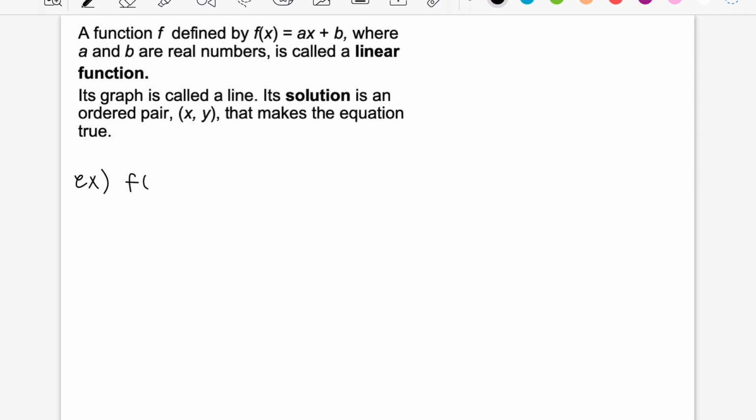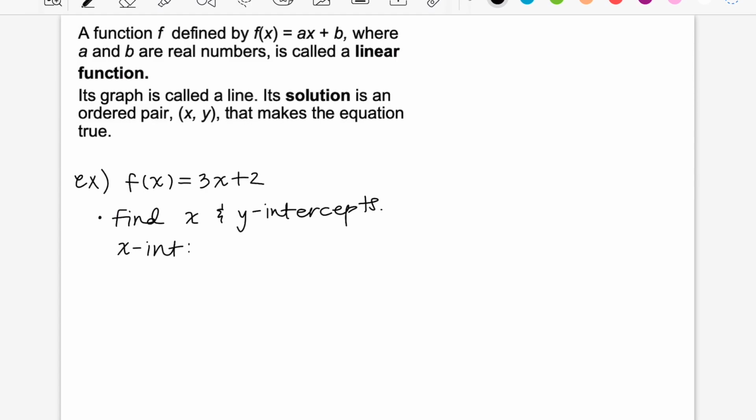We are given the function here, 3x plus 2, and we can see already that this is a linear function. It is of this form here, or in this case, our a is 3 and our b is 2. Now the first thing we want to do is find our x and y intercepts. And so first, to find our x-intercept, and I'm going to abbreviate it like this, we're going to set y